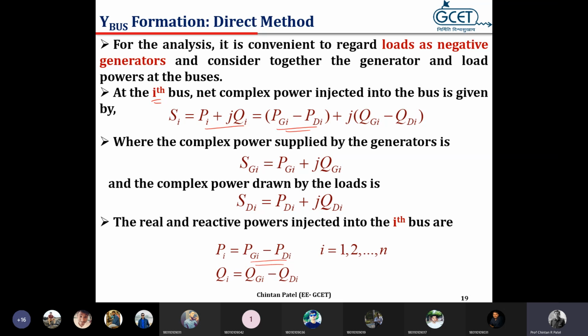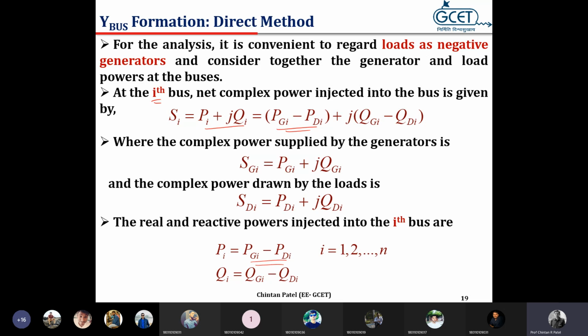Then from afternoon 12 to 4 it may reverse, so that at bus number 1 generation is less and demand is more, and at bus number 2 generation is more and demand is less. So now power will be reversed. So from 12 to 4 power will flow in reverse.